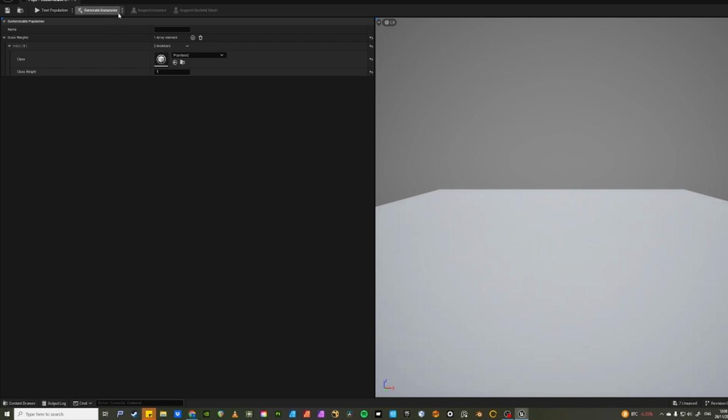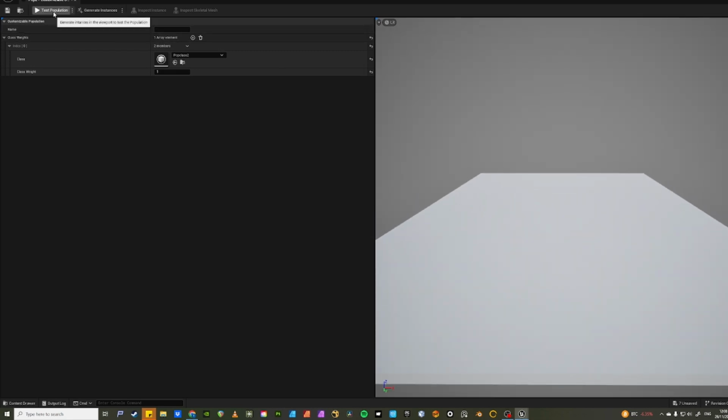And what you'll see here is you can either test the population, which never seems to work for me. I don't know if it's something I'm doing wrong, or I don't know what's going on. It doesn't seem to do anything, but you can generate instances as well. Now, what I would recommend is you press the dots to choose the amount. If you wanted to just test and you wanted to do like 100, I wouldn't, just because it generates, it